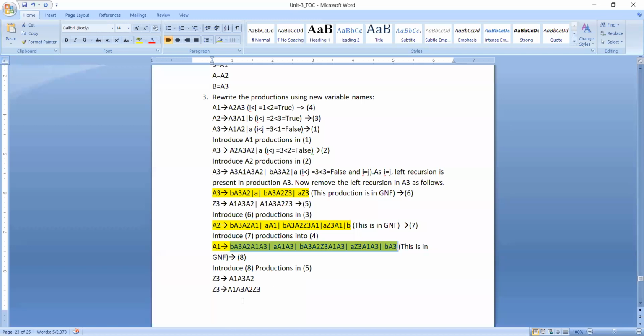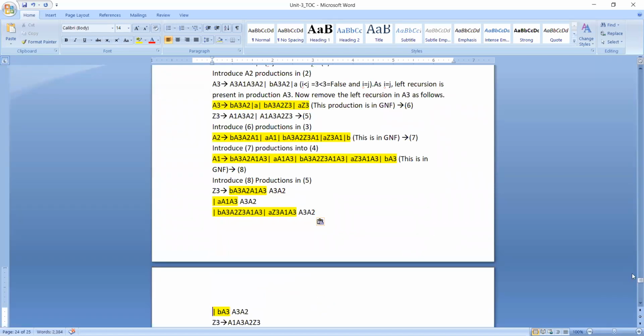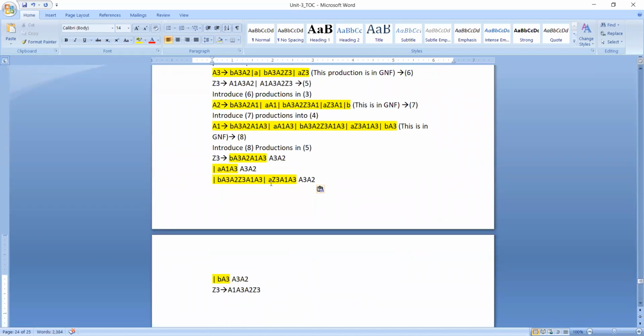So this A1 will be replaced with this entire production, and this A3 A2 will be common for each and every production. So here I need to specify this one. Now let us check whether we have our required production or not. Now you can see here.